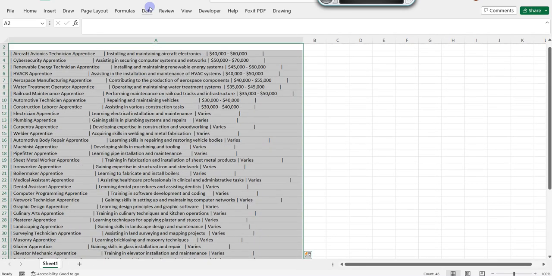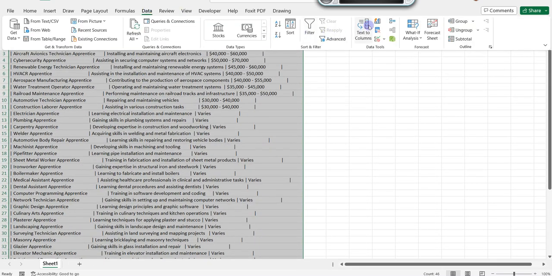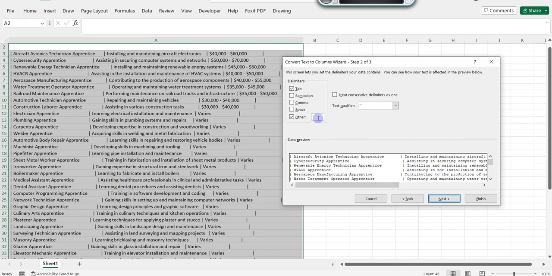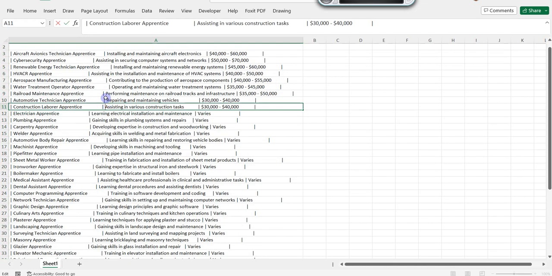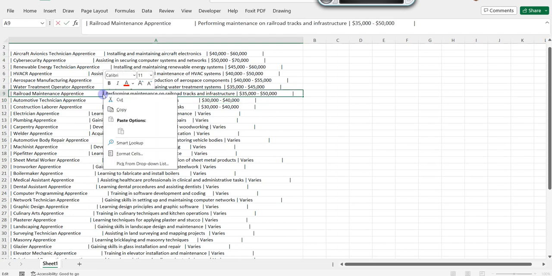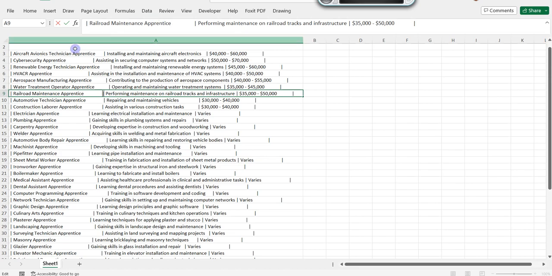and go to Data, Text to Columns, hit Delimited, go to Next, and then kind of start over. I think I did it already, but I want to show you. See this bar? I don't know where it's at on the keyboard. So just copy it and go to